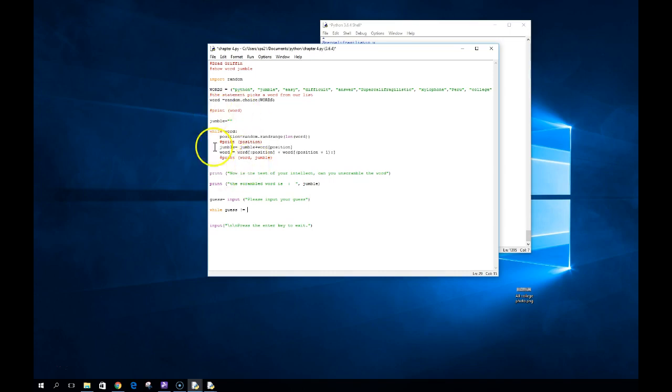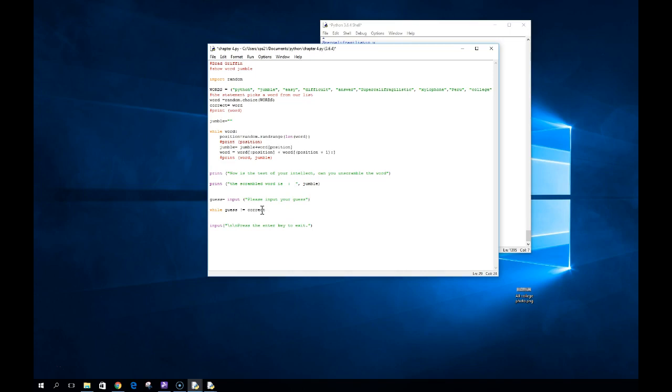So we don't have any way to tell what that original word is because we destroyed it, right? So up here where we said word equals random choice, I can also use another variable, and I can say maybe correct or the right word, whatever you want to use, is equal to word. So now I have saved a copy of word. So while guess is not equal to correct,